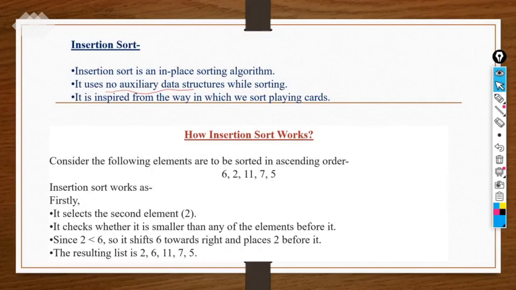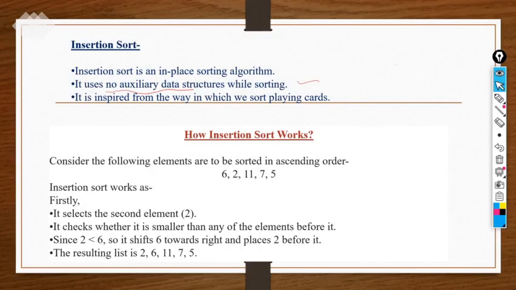The space given in the memory is updated again and again, the same values at the same location, so no need to provide extra space in memory. That's why it is called an in-place sorting algorithm. So it is mentioned over here, no auxiliary data structure while sorting.